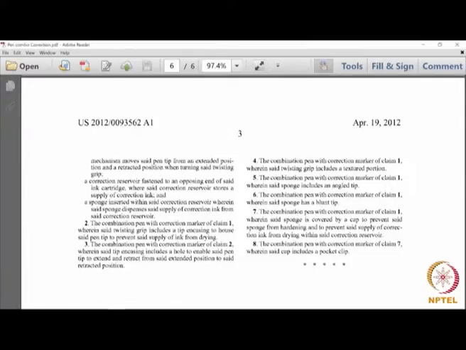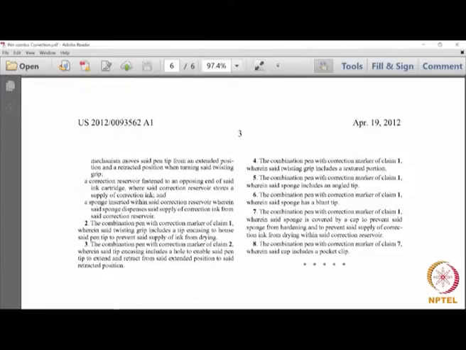The earlier one, the fifth, was angled tip, this is blunt tip, very small variations, so that a competitor will not make small changes and say that my invention is different, I am not infringing. So blunt tip, angled tip, these are all variations which a competitor could make, and claim that you had claimed angled tip, mine is blunt tip. So just to avoid that, you will find that the claims enumerate the different aspects of an invention.